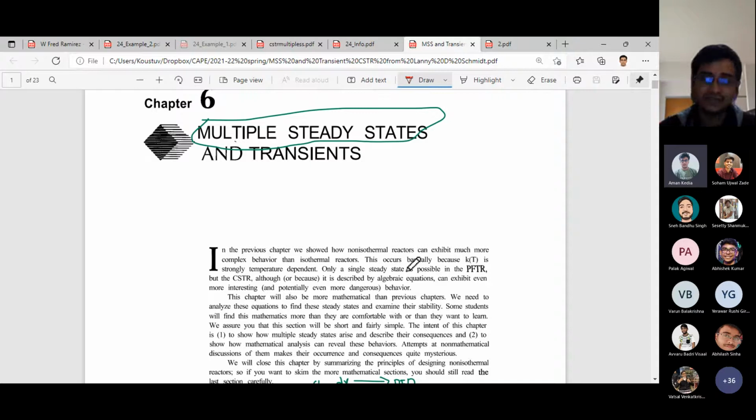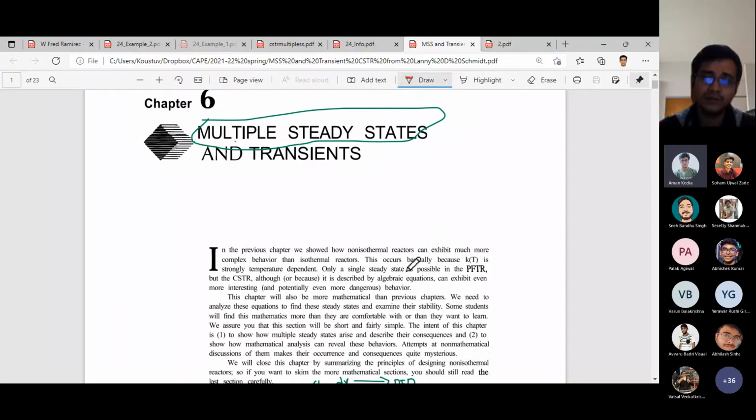And since it is a reactor, typically, as we know, in a steady state CSTR or PFR, in case of only isothermal operations, you get outlet conversions or concentration, and if it is a non-isothermal operation, then you get temperature at the CSTR outlet, or in case of PFR, the temperature varies across the length.